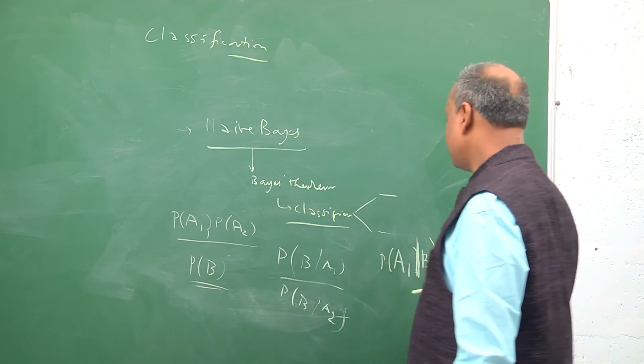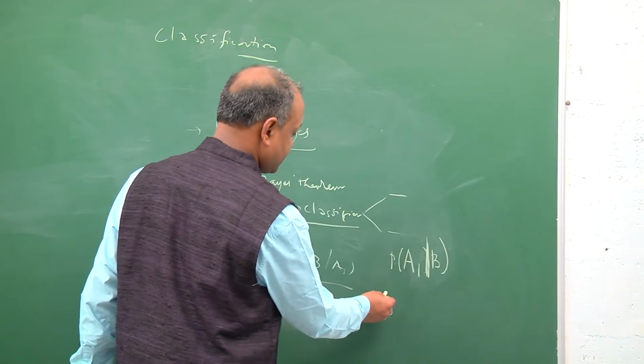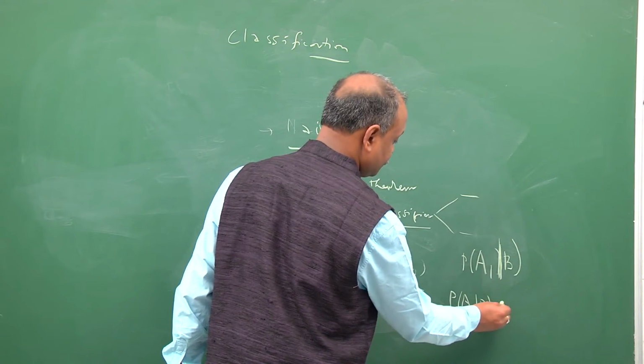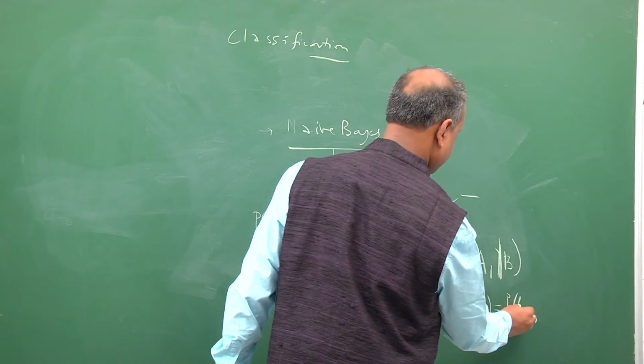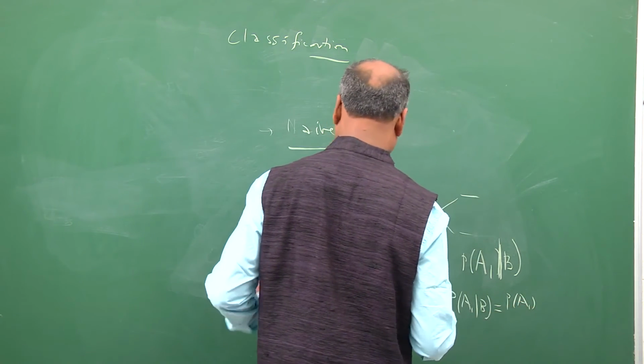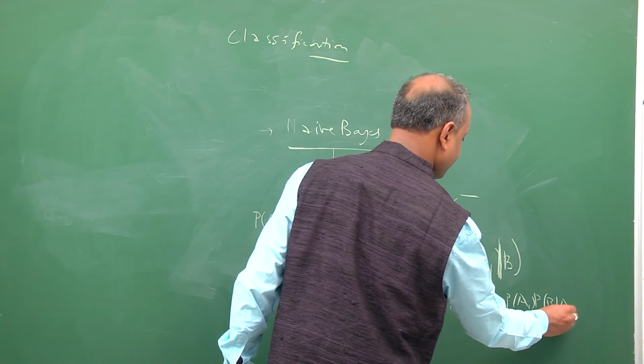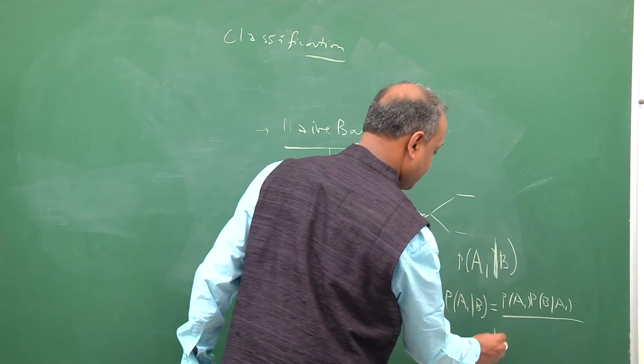It says that if you know the probability of A1, which is a prior probability, and you know the probability of B given A1, then